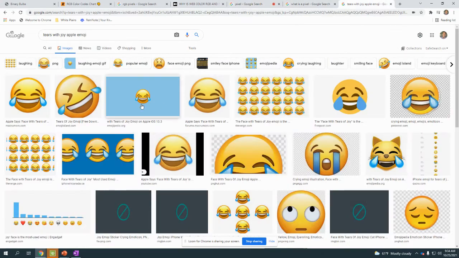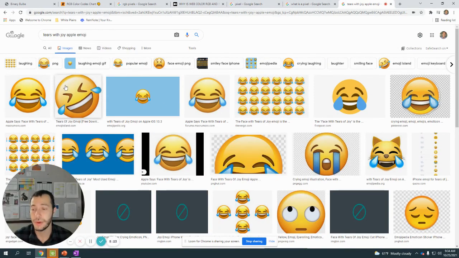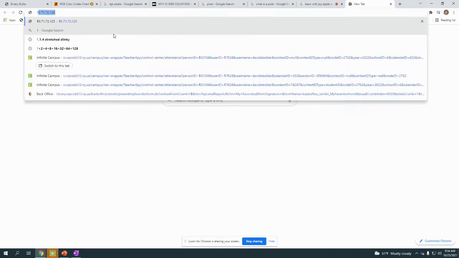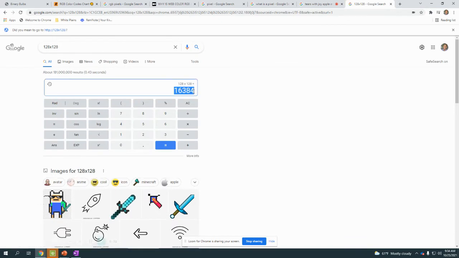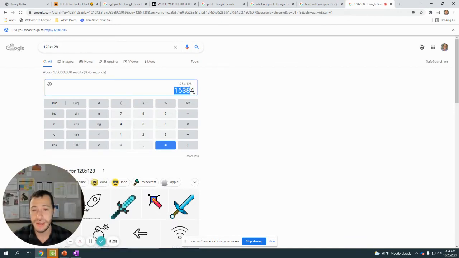And that emoji has a lot of different pixels, and how many of them? Well, if it's 128 times 128, that means that there are 16,384 pixels. So each of these pixels is being represented by 24 strings of binary code. So that emoji, multiply that by 24, has a total of 393,216 different